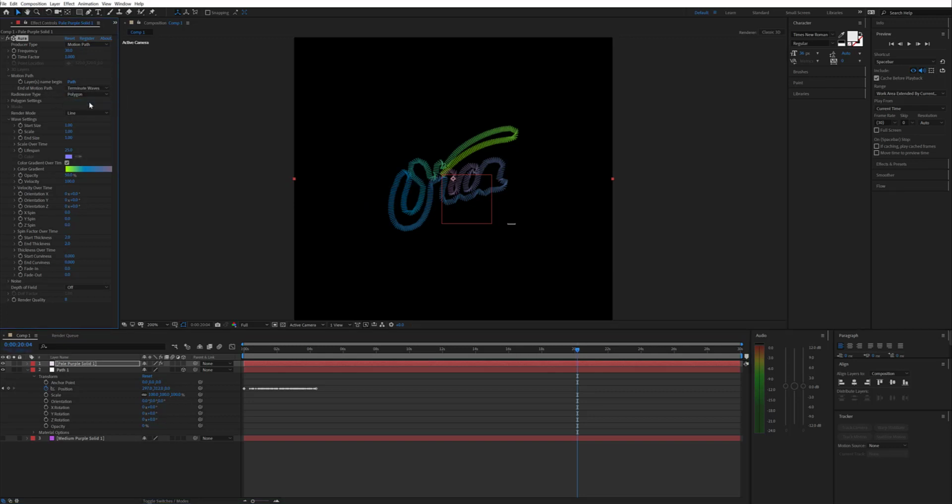It will terminate waves as soon as it hits the end of the path. Okay, so that means it's going to take my particles to live more than 20 seconds. And I'm just going to put this to render pretty quickly so you guys can see it in real time, or render time, better said. So as you can see, the Aura plugin is drawing all the outline of my logo,